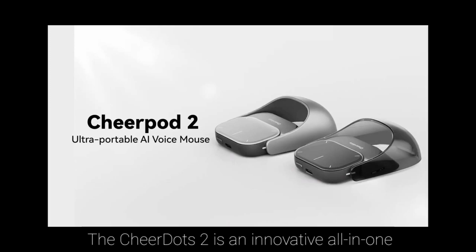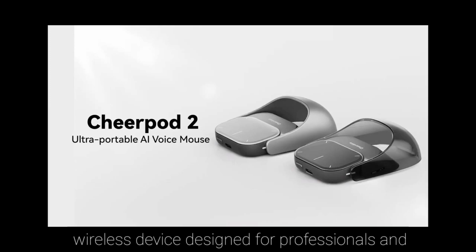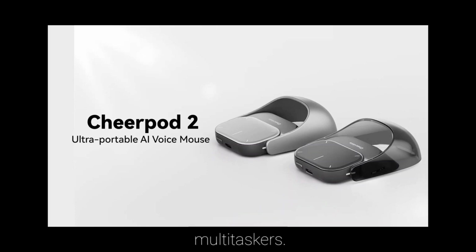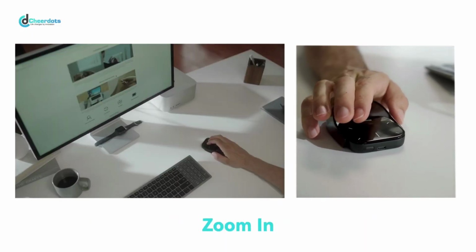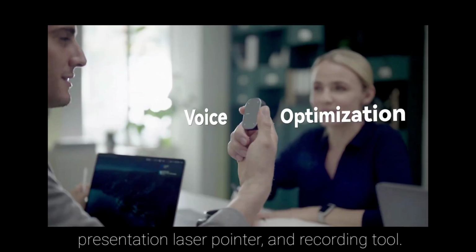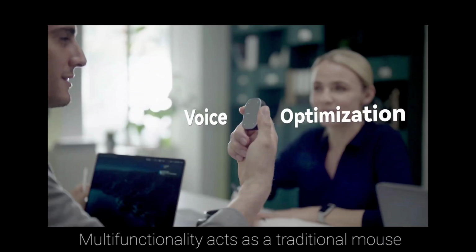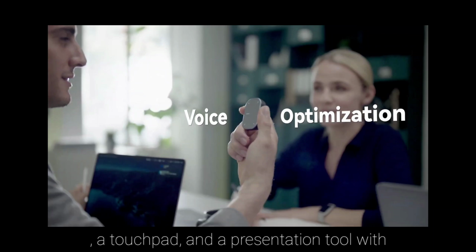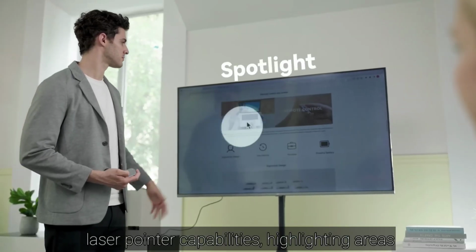The Cheerdots 2 is an innovative all-in-one wireless device designed for professionals and multitaskers. It functions as a computer mouse, touchpad, presentation laser pointer, and recording tool. Key features include multifunctionality: it acts as a traditional mouse, a touchpad, and a presentation tool with laser pointer capabilities, highlighting